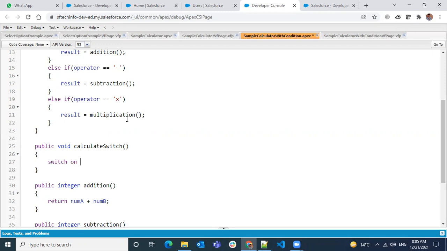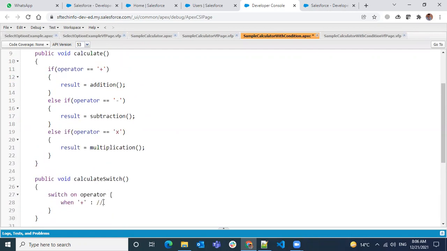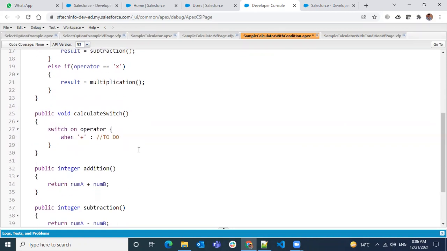Switch on. What is your expression? My expression is an operator. Switch on operator: when it is a plus, then I'm going to do whatever the statement you're going to have here. Sorry, you'll be having your statement over here, and then followed by